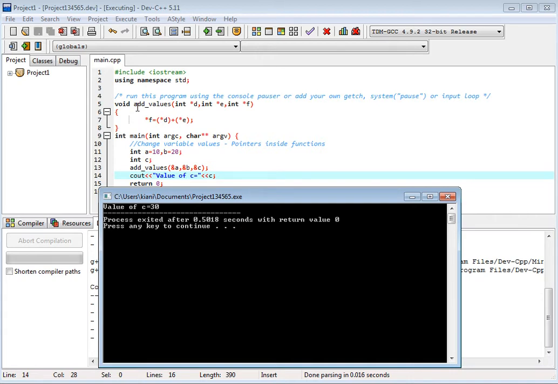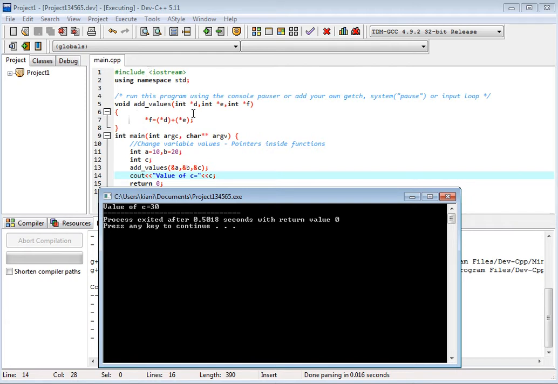So we can use the pointers if we do not want to return, and again if we want to return multiple values. So this is how we return multiple values. Return multiple values means we can set multiple values inside a function. If we pass the addresses of variables inside a function, and that function changes the values, that is multiple return. So a function can return multiple values, not a single value.